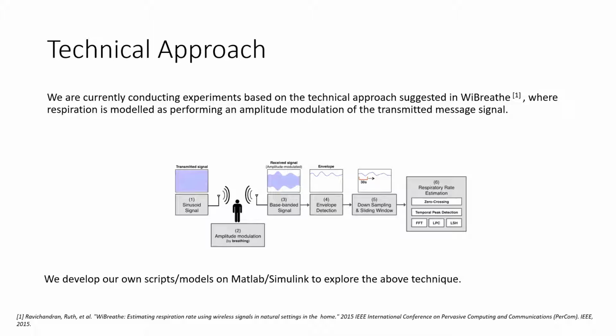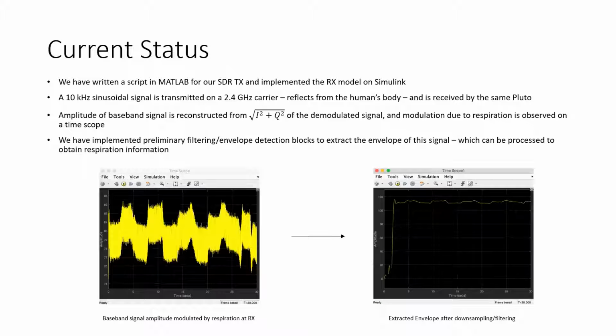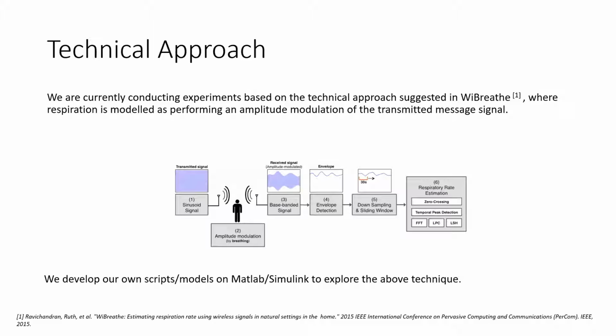So now I'm going to get into our technical approach. We're currently using this technical approach that was in the WiBreathe paper recommended by the course staff. I'm just going to go through really quick and show you what our experimental setup looks like. In the first block there, you can see the transmitted signal. It's being amplitude modulated by the expanding and contracting chest of our patient. And this is the amplitude modulation of the message signal, of course. Then we receive this amplitude modulated signal in the baseband